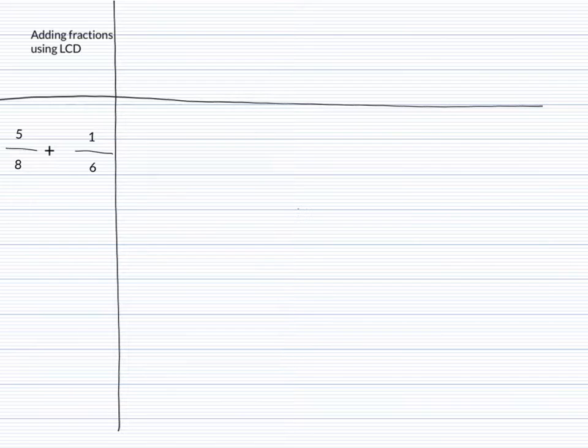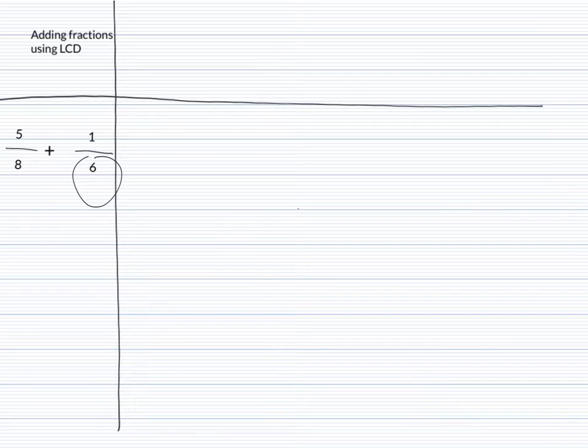All right, so our problem right here is 5/8 plus 1/6. When adding and subtracting, we need to have common denominators. So we can take what we learned before with the LCM and transfer that knowledge to make the LCD. When looking at 6 and 8, the bottom part of our fraction, we need to find out what